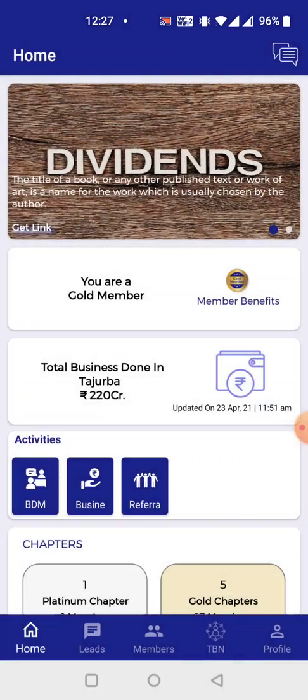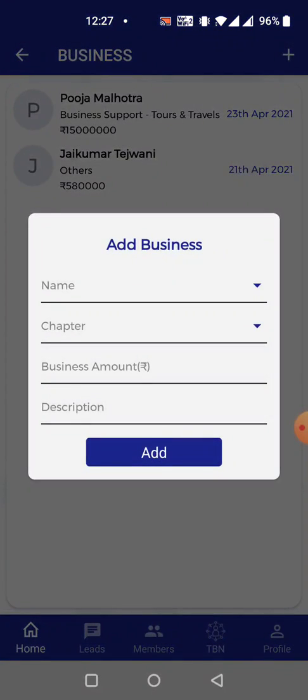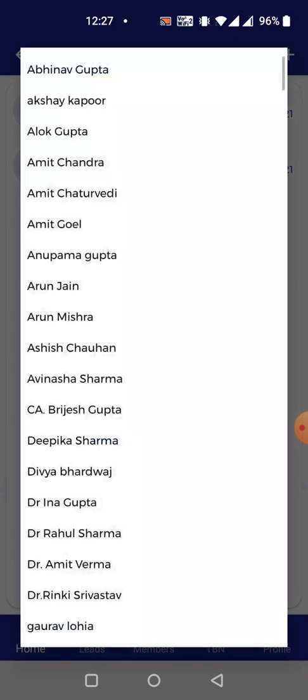Now again the same is with business. You have to make sure of one thing. Whenever you're making an entry of business, it is the business that you have received, not the business that you've given. Any business for which you have received the money, only that you have to enter over here, nothing else.